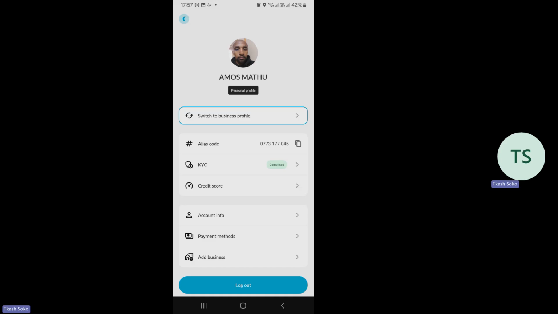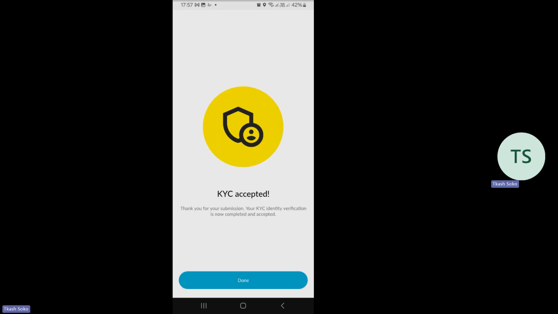Unahitaji ID yako na unahitaji uso yako. What happens ni utapiga picha ya front side na back side ya ID, uupload na tena uscan sura yako. For your KYC to be accepted like mine, na ukiguza hapo KYC completed ikuonyeshe that the KYC was accepted, your face must match the face that is in the ID.